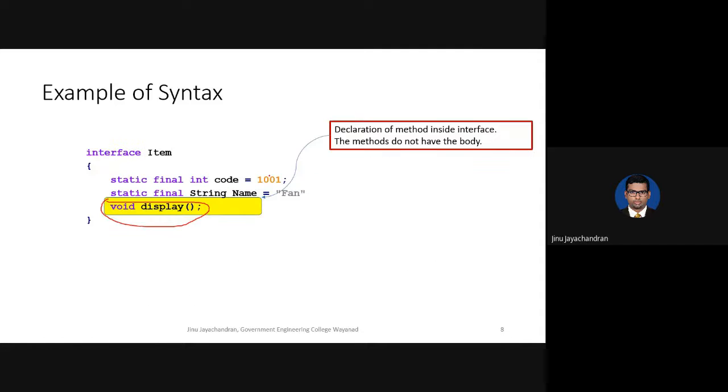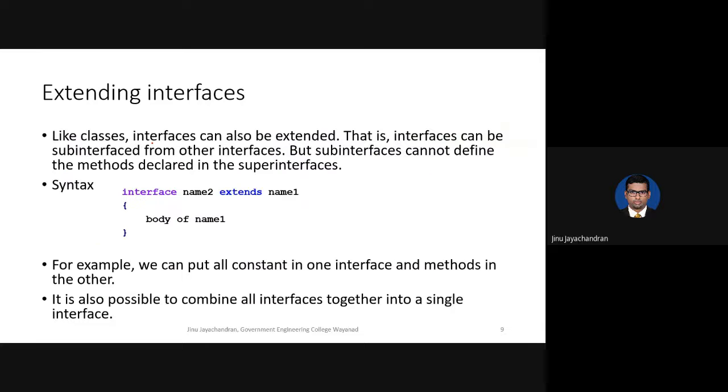Now how will you use this interface? So we have declared an interface like this. What is the advantage of using an interface and how will we use this? We use it by something called extending an interface. Interface can be extended. If you remember in the last lecture, we have the keyword extends, which is basically for inheritance. In C++, we have a colon and we say public class name for inheriting from the base class. In Java, you have the keyword extends and the class name for extending the class.